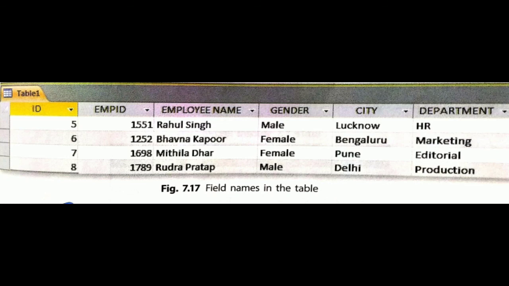So these are the steps that you have to follow in order to enter data into our Datasheet View table. First, under Click to Add column, you start entering the first record. If you want to move to the next record, you click on the arrow key. If you want to move to the next field, you click on the Tab key. After entering all the records, the field names are to be changed, and you have seen the steps of how to change the field name too. Finally, this is how our employee table is created with all the details. So this is how to enter data into a table by using the Datasheet View.